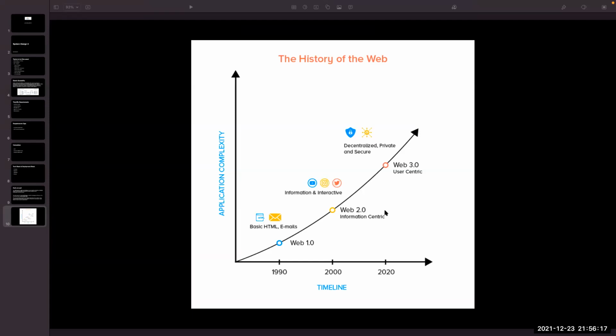After that, a new version is going to come, I mean it has already started, which is called the user-centric version, Web 3.0. This is the version that I'm currently working on. In Web 2.0 there are a lot of loopholes, because data became very, very important, and everybody started capturing it without your consent.